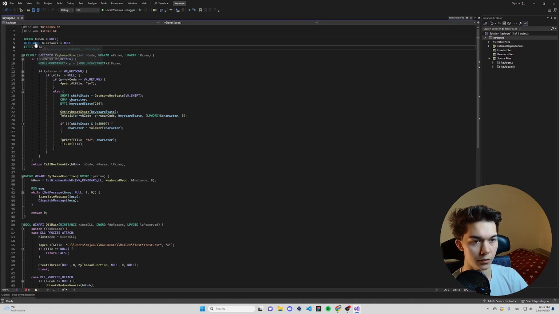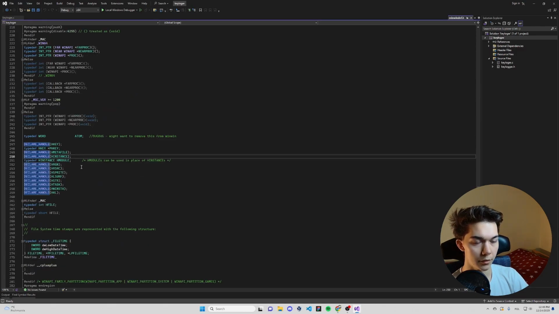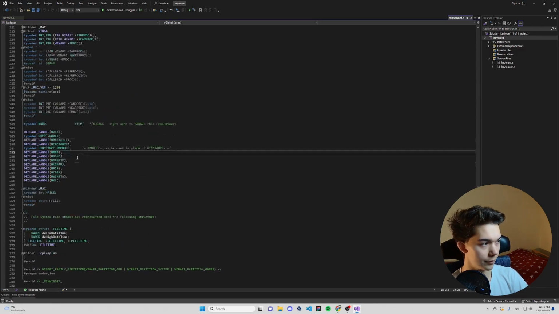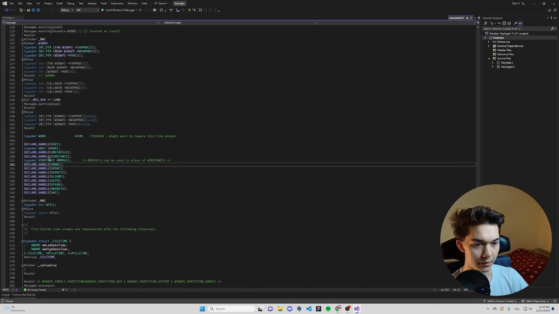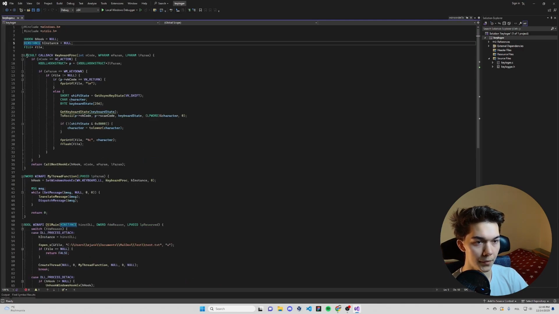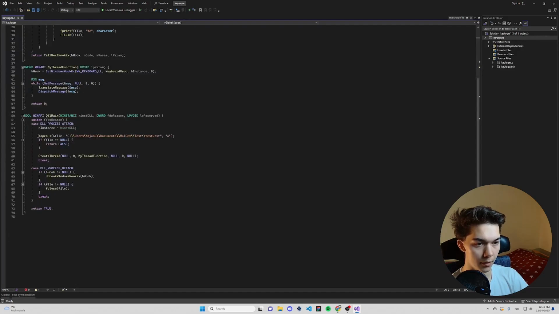If you Ctrl and left click here, you will be brought to this absurdly big file, and you can see that HINSTANCE can be used in place of HMODULE. It's basically a handle to a module and a file. So we are opening a file in this directory with the append parameter, because we can open a file and read from it, we can write, and we can append to a file. And then we are creating a thread with